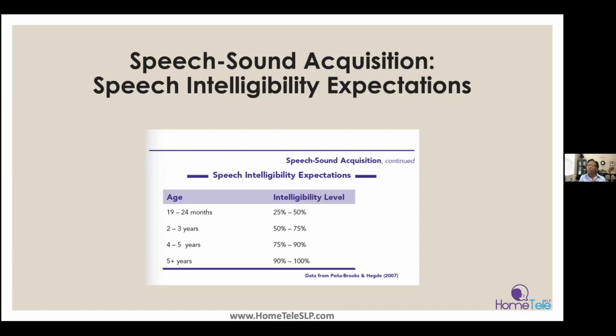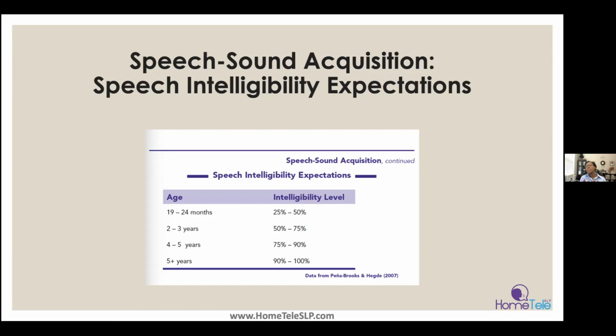So between the ages of 2 and 3, their intelligibility continues to increase, and there should be about 50% to 75% intelligible. I always think of, for example, an unfamiliar listener. Maybe it's a family member who lives out of state and you see each other around the holidays, and they notice that since the baby was 1.5 or even 2, now they're 3, and wow, I can understand him or her so much more. His speech is so clear. Oh wow, she's gained so many words and she's enunciating more.